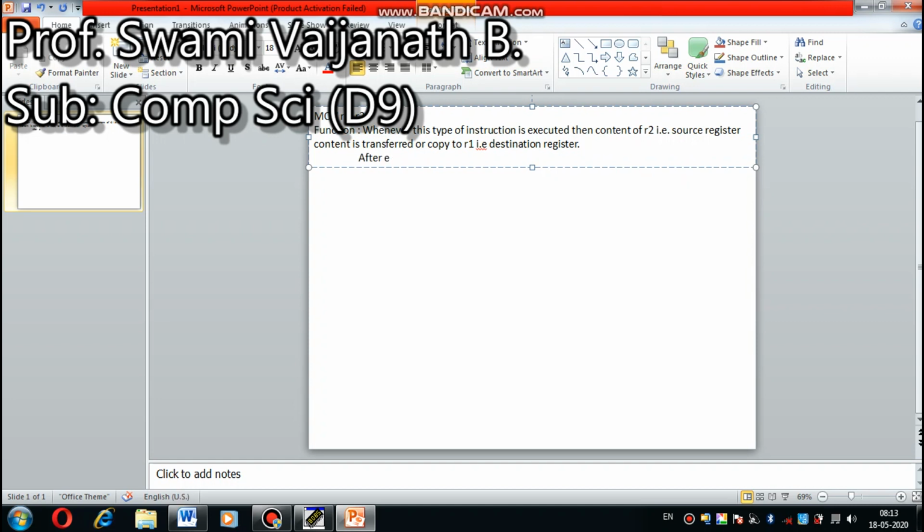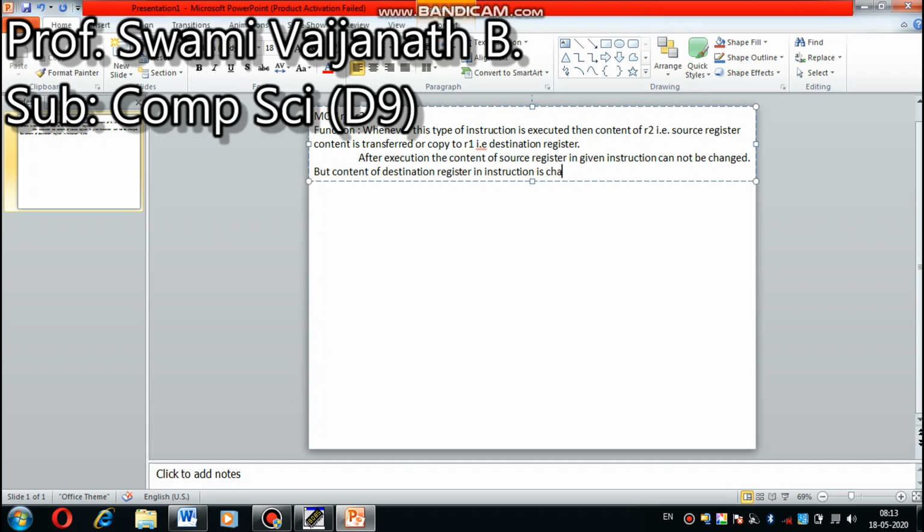After execution, the content of the source register in the given instruction cannot be changed, but the content of the destination register in the instruction is changed.